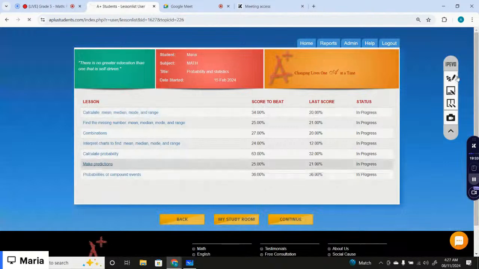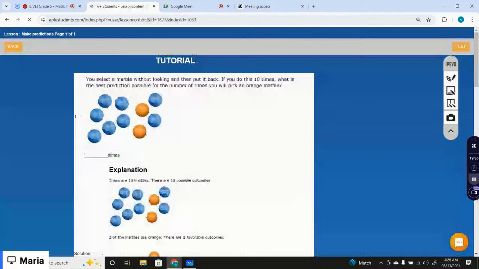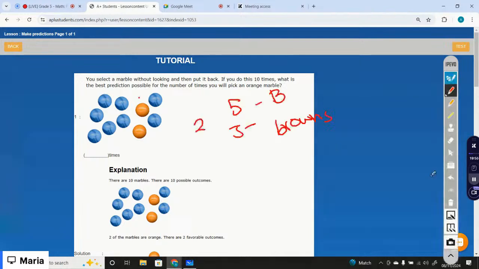The next lesson is make predictions. You select a marble without looking and then you put it back. You do that 10 times. What is the best prediction possible for the number of times you will pick an orange marble? So let's just see how many orange marbles we have. We have only two orange marbles out of